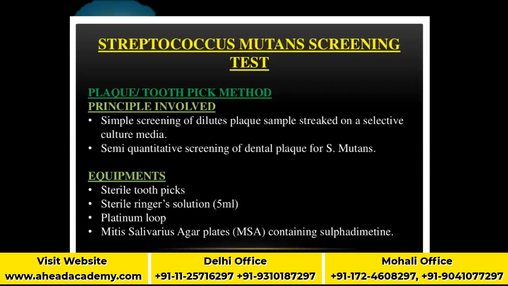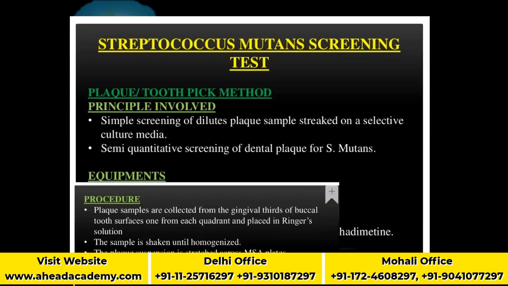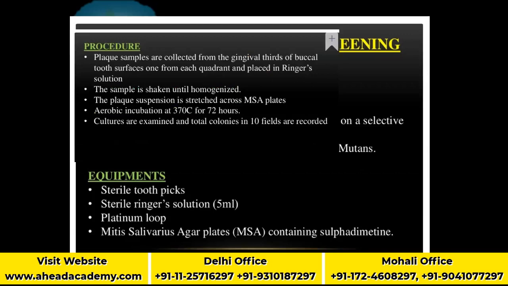The Streptococcus mutans screening test is also referred to as the plaque toothpick method. It is a simple screening method in which a dilution of the plaque sample is streaked on a selective culture medium. Sterile toothpicks, sterile Ringer's solution, platinum loops, and Mitis salivarius agar plates containing sulfadimethoxine are used. Plaque samples are collected from the gingival